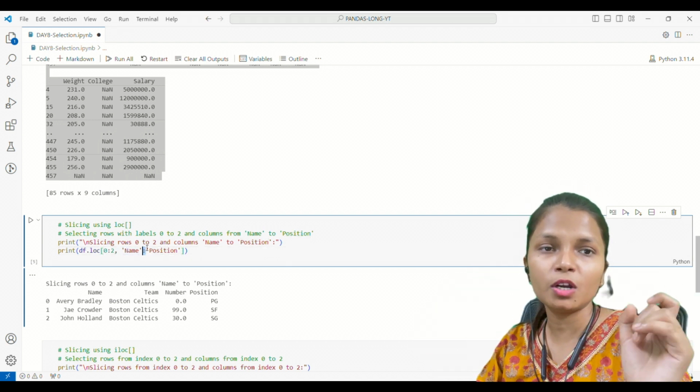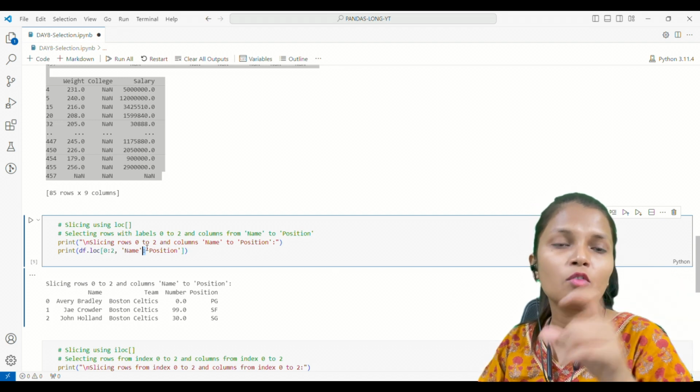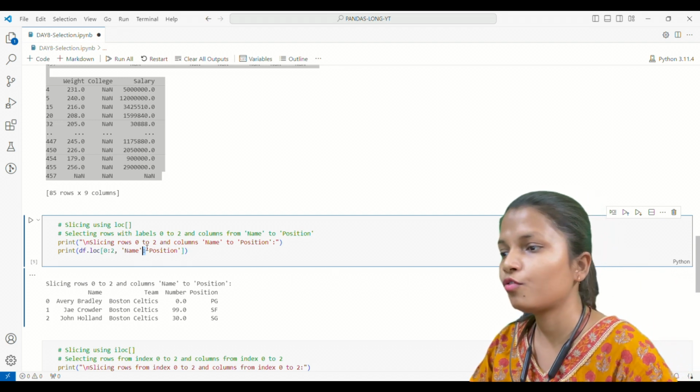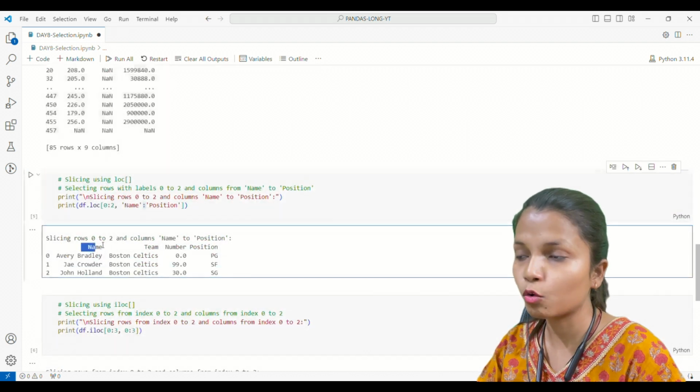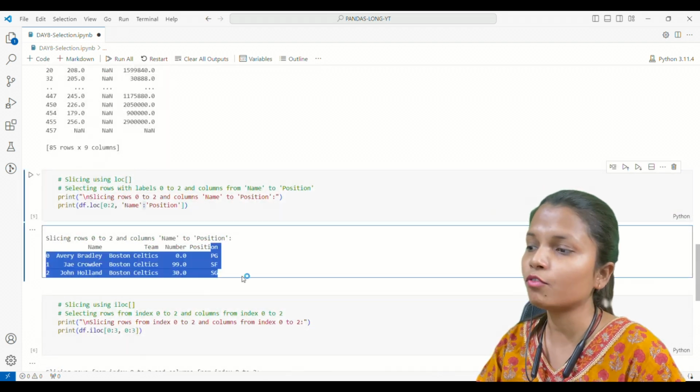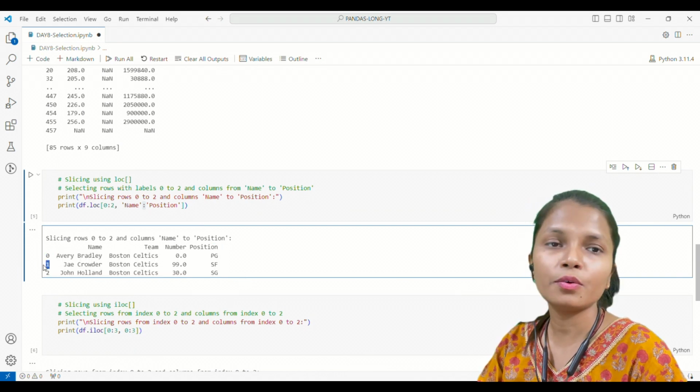It means everything between name and position will be printed along with name and position. In the output we get name, team, number and position, and on the row side we have 0, 1, 2. That's how you can do the slicing.